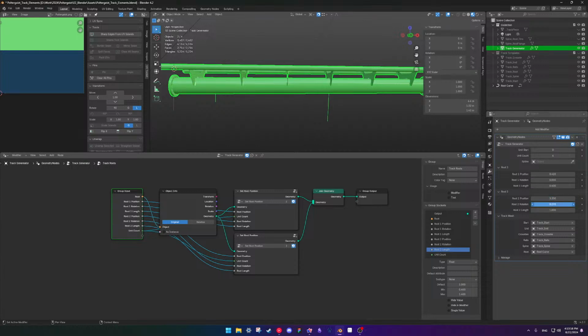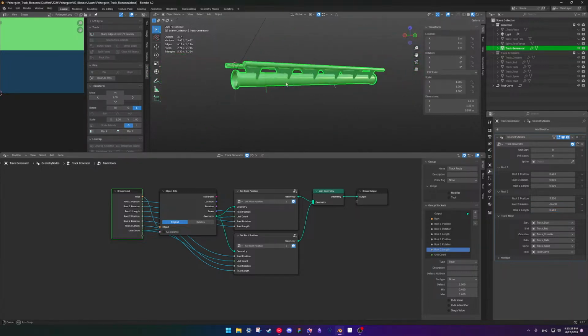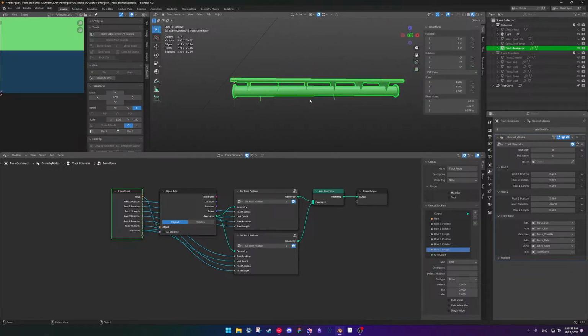Still edit, still rotate. Let's try that.